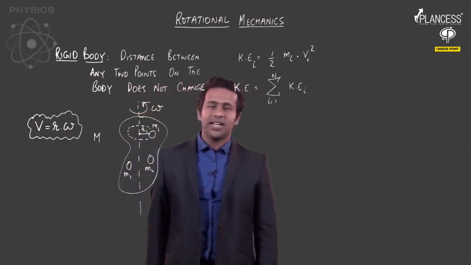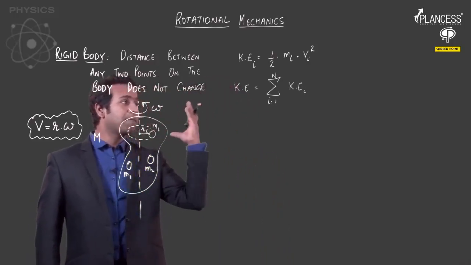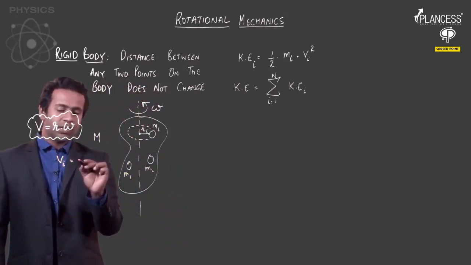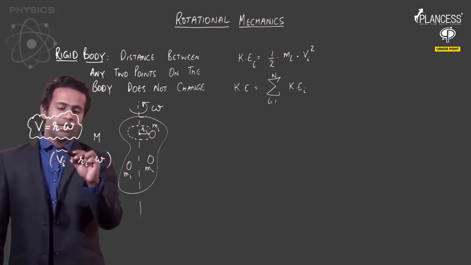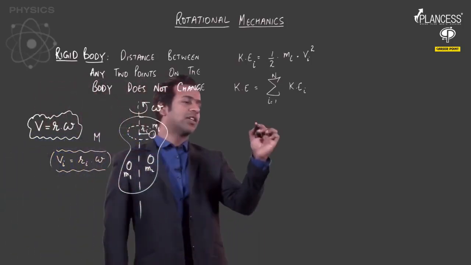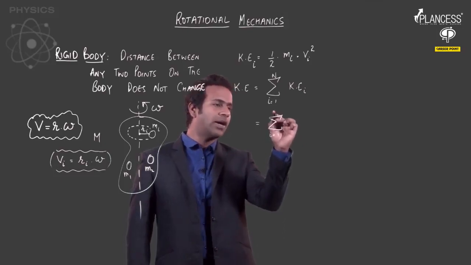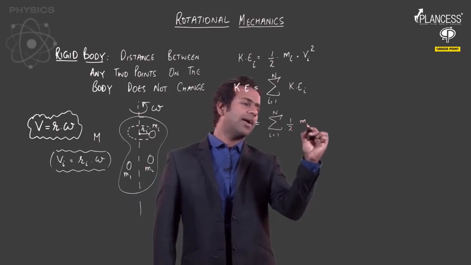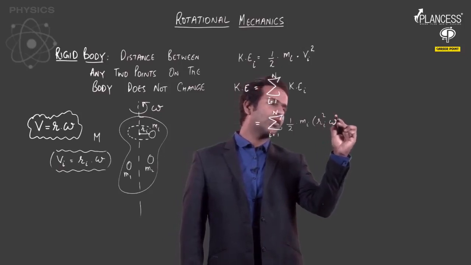So if we use such a relation, we can write that the translational speed, the tangential speed Vi is equal to the radius Ri into omega, right? So we can write this expression for this ith particle. So this equation can be written as summation of i from 1 to n half into mi into Ri square omega square,